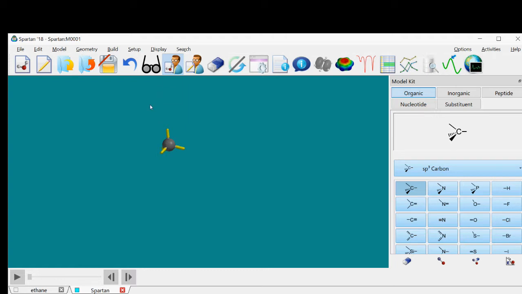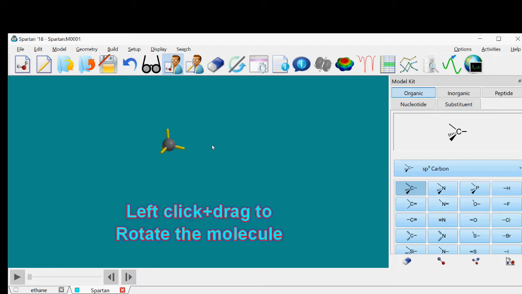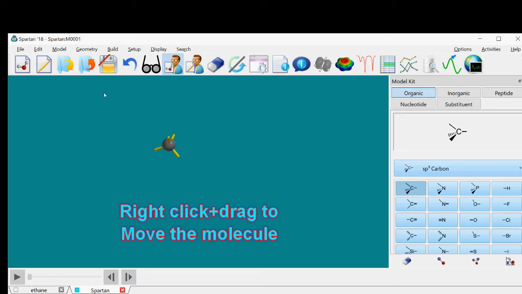Now you can use your mouse buttons to manipulate this model on the screen. Use the left mouse button, click and drag, and we can rotate the molecule. Right click and drag, and you can move the molecule around the screen. Also you can zoom in and zoom out.